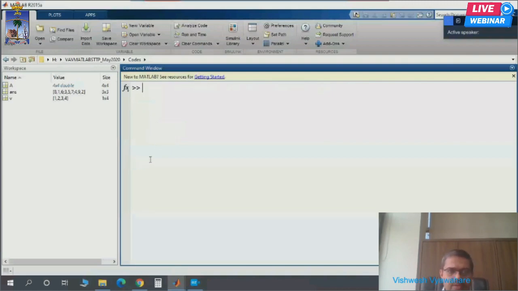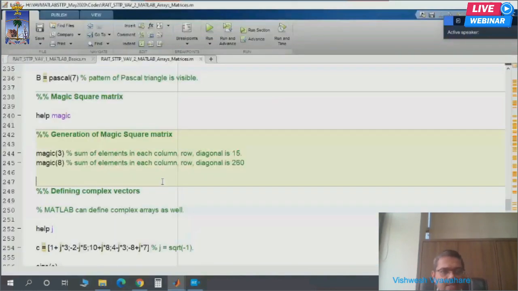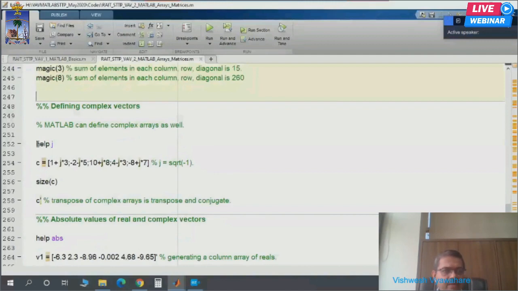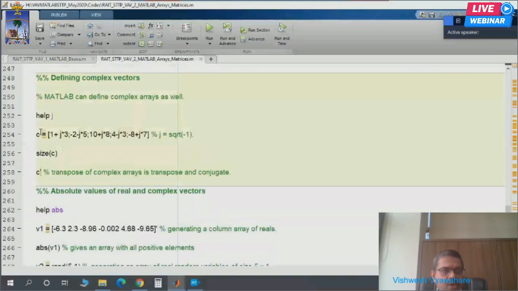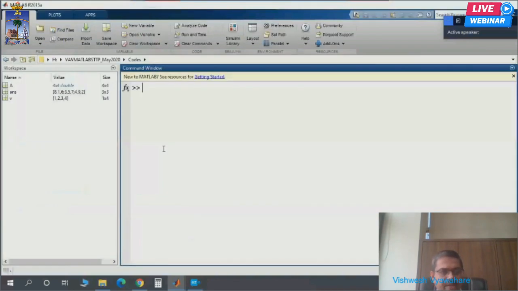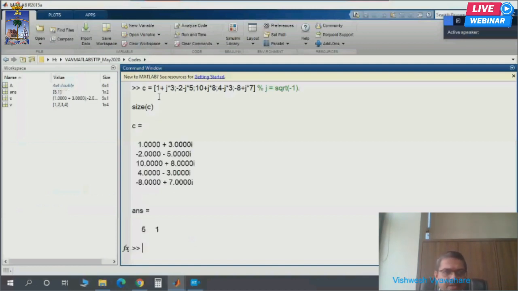Interesting things. Last thing, you can define complex matrices, or complex arrays. So C is equal to an array of complex numbers. So you have generated this. It is a column array.